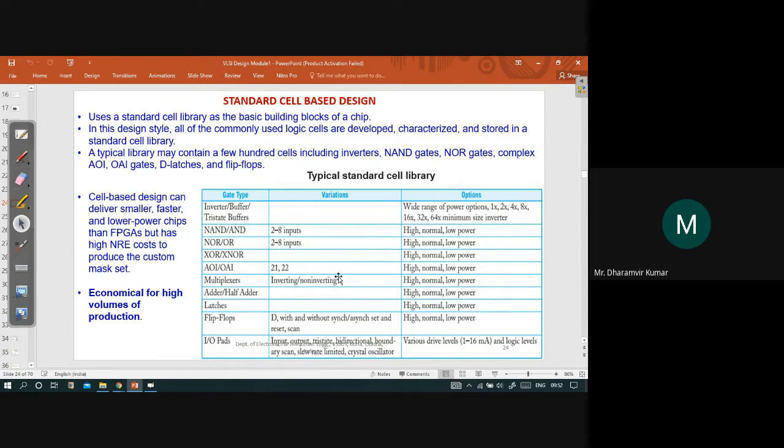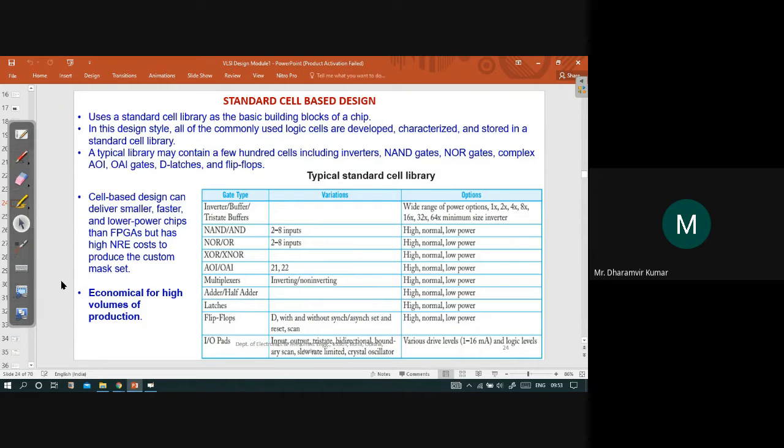Again, there are various types of components for each of those, like gates. For example, we will have different types of NAND gates and AND gates. Some may have two inputs, some may have three, four, five, six, seven, eight inputs, like that. Depending on the requirement, we pick up the components and then connect them. So it's a bit faster.